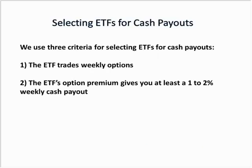Trade selection now for these weekly covered calls. We use 3 criteria for selecting ETFs for cash payouts. The first criteria is that the ETF trades weekly options. The second criteria is that the ETF option premium gives you at least a 1 to 2% weekly cash payout by selling the at-the-money call, and criteria number 3 is that the price of the ETF is trending